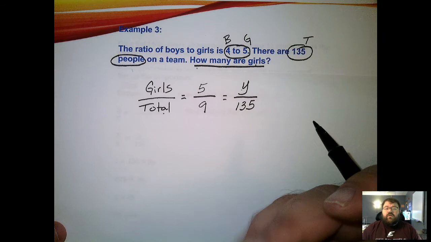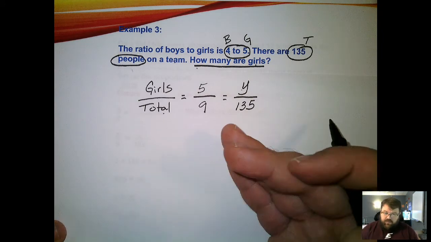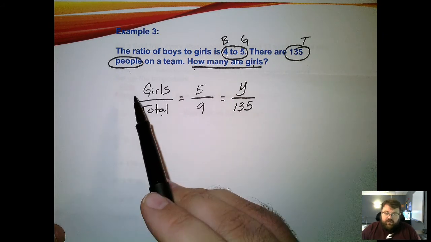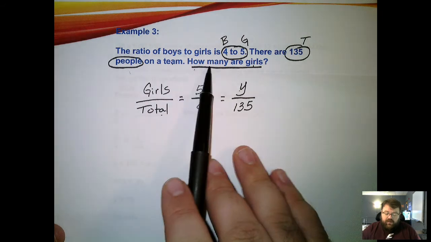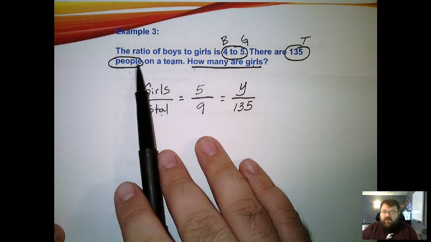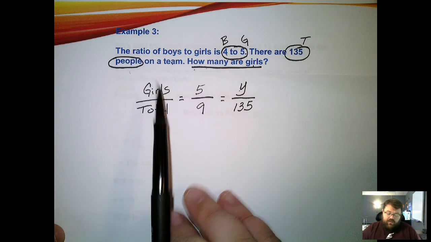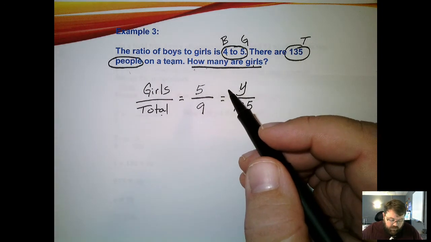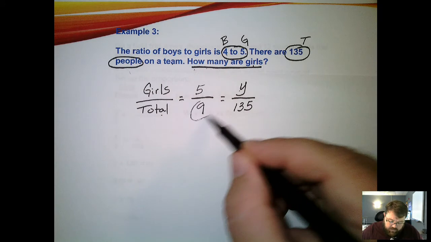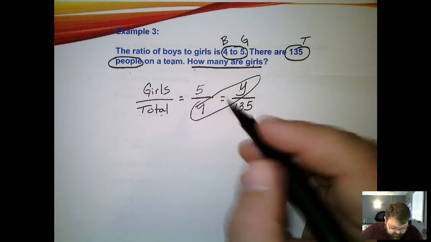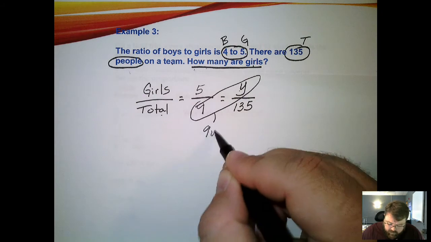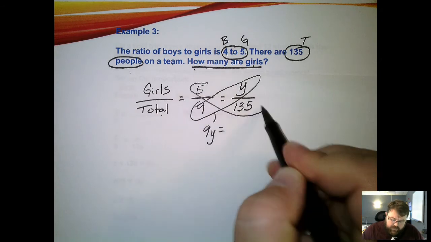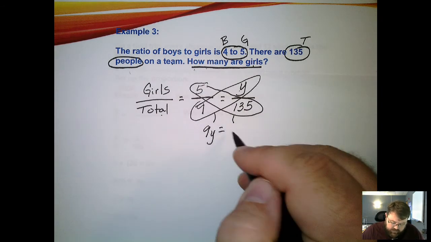So now we've got it set up. And this is difficult for some students. Some of you may see it much quicker than others, and that's great. For those of you that are struggling, however, we needed to come back to our question, and we needed to pay attention to what is given in order to set up this ratio. So from here, I want to do cross products. So I'm going to do 9 times y, and that's going to be 9y equals 5 times 135,